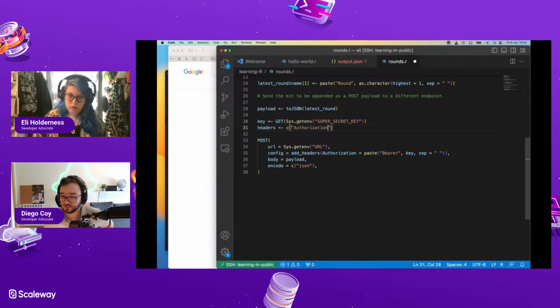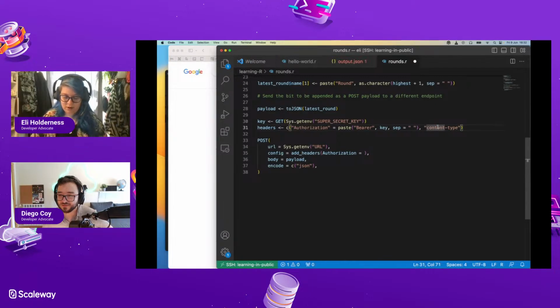Authorization equals. Yes, with the actual equals. Any quotes around authorization? Yes, both with quotes around it. Authorization equals, and this, the value, that's a string, yeah. Just the way you have it there. Then comma, and the second one, which is content type. Can't spell. And the content value is.